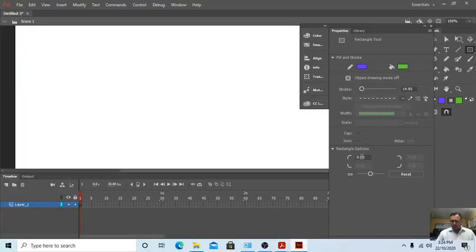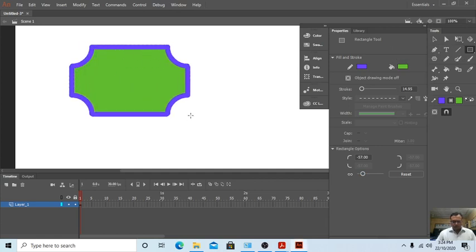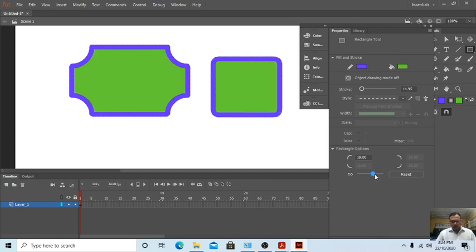We have already used it. This is the chain. Suppose this one is, see here, if you increase this way, it decreases. Okay, students, this is the chain symbol.